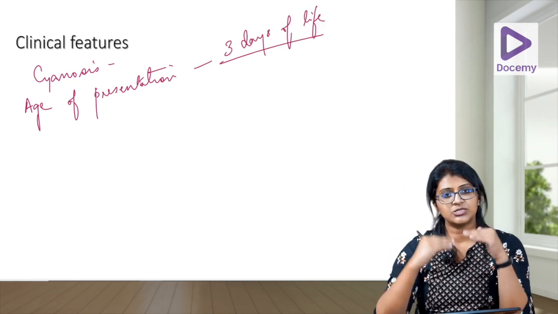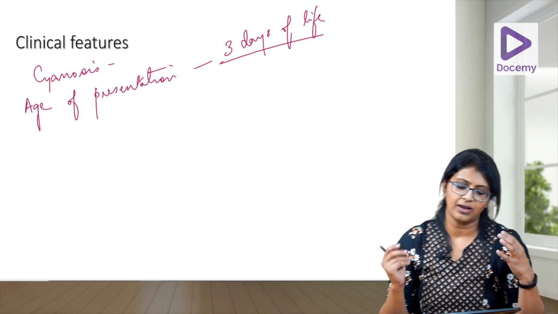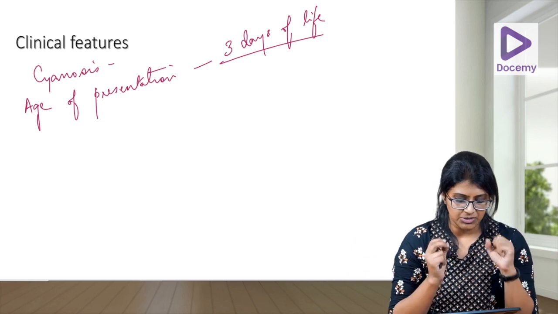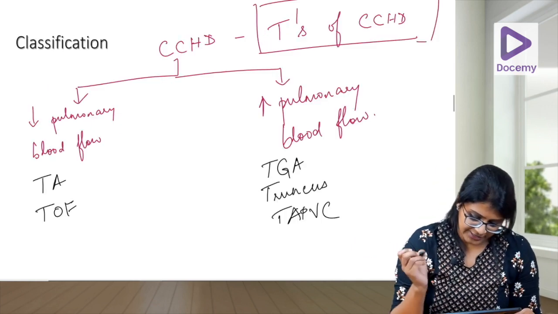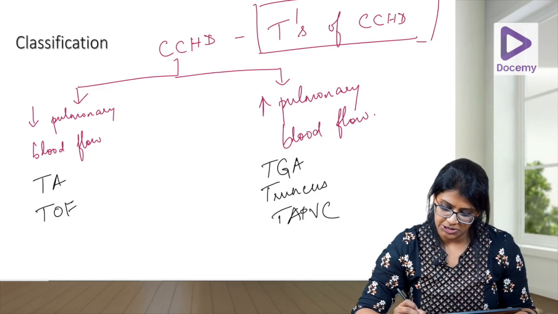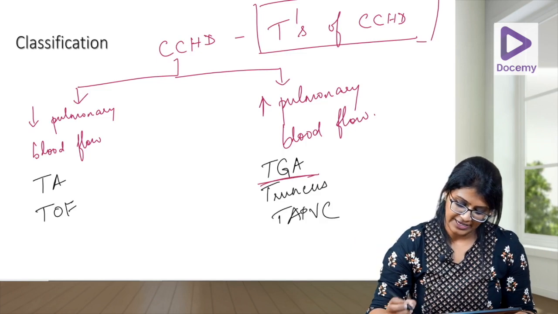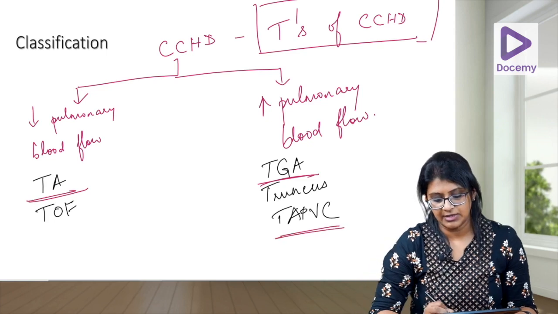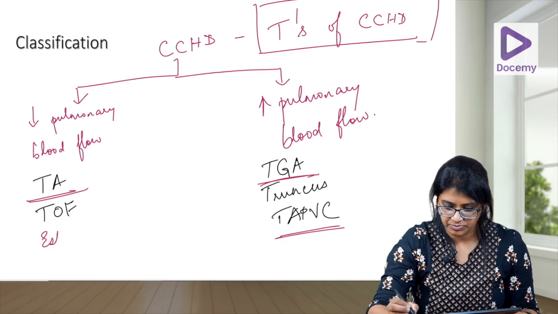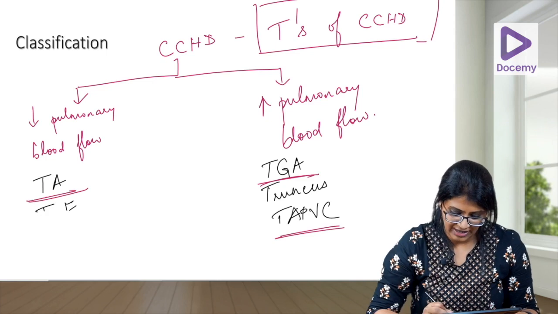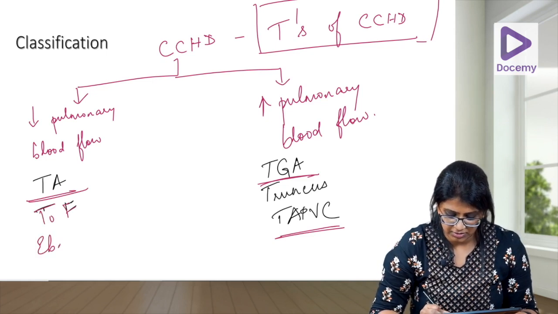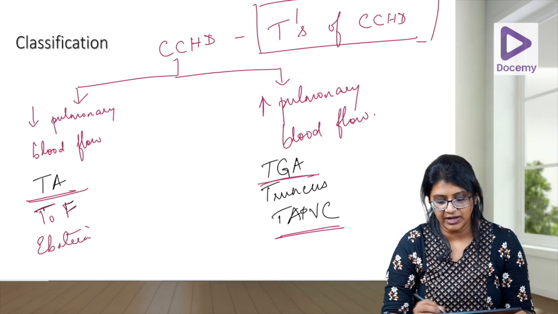Now there are different ages of presentation which you may have to know. It's there in many books, but I would suggest that you remember the ones which are really critical. So these critical lesions I am talking about are the TGA. The next one is the truncus arteriosus. TAPVC, sometimes Ebstein. So if you don't have a good enough shunt happening anywhere, these